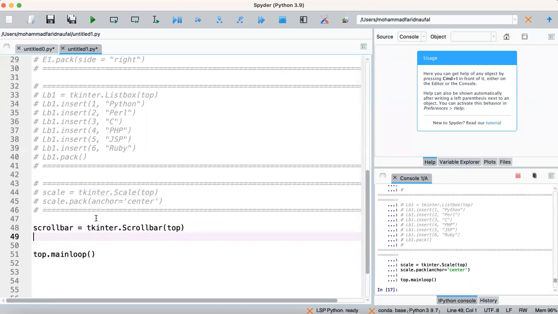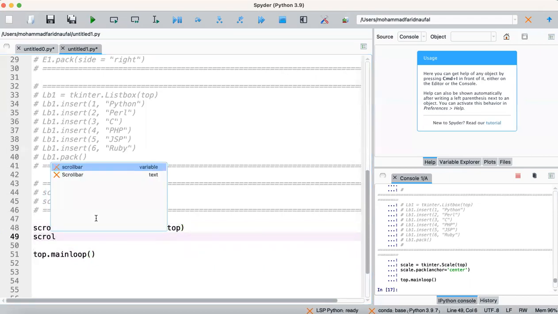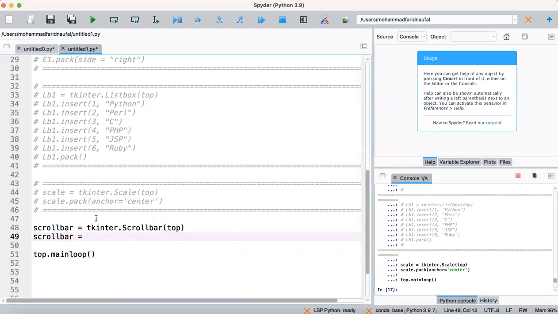Then we call the pack function, scroll bar dot pack, with side equal right and fill equal y. It means it will use the vertical orientation for our scroll bar here.